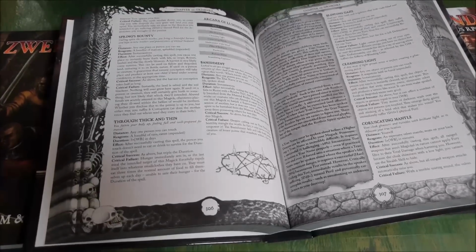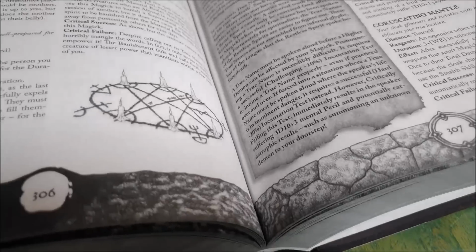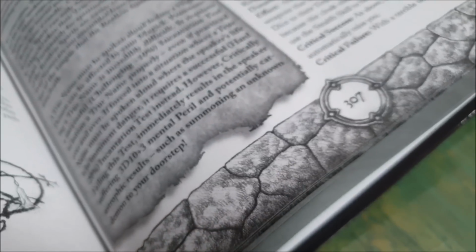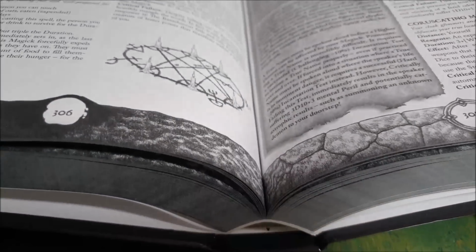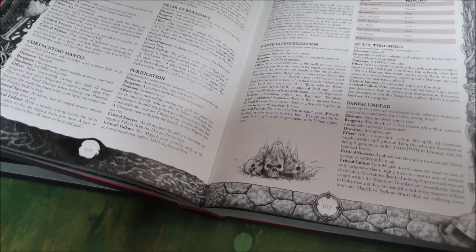Pretty cool looking page. This is the print-on-demand version. They had more space, and more space was used. Now there's a lot more white space everywhere, and in some cases that's a better fit. In other cases it looks like there's just too much space. This is page 307. You'll notice that the quality of print, while good, does have a tendency to look a little pixelated. While some readers may prefer to not have glossy pages for ease of reading, the page quality here isn't quite the same as what we have in a traditionally printed book. Still really good, but